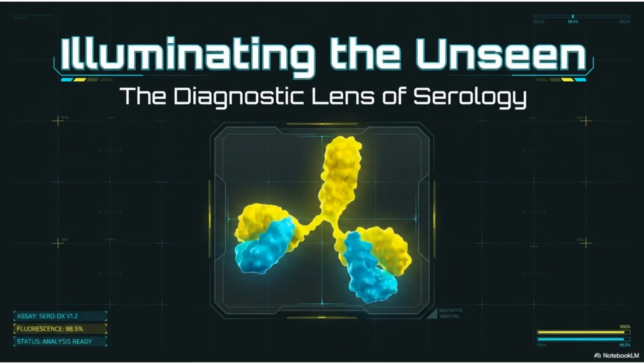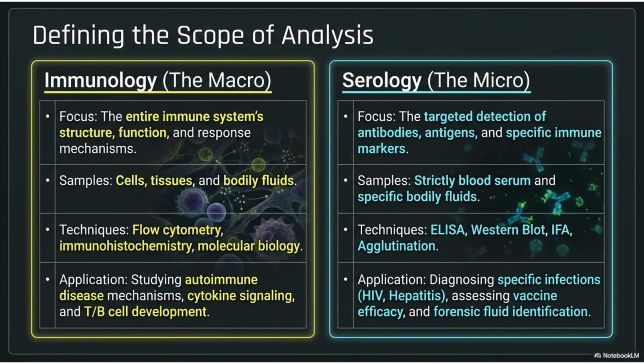Welcome to this video on Illuminating the Unseen, the diagnostic lens of serology. We will explore how serology precisely detects the body's immune response. Immunology is the macro view, focusing on the entire immune system. Serology is the micro view, zeroing in on the targeted detection of antibodies, antigens, and specific immune markers, typically in